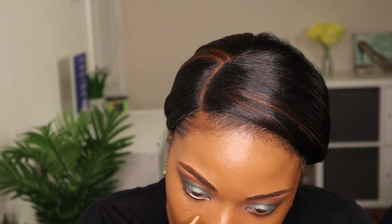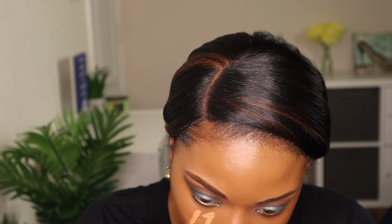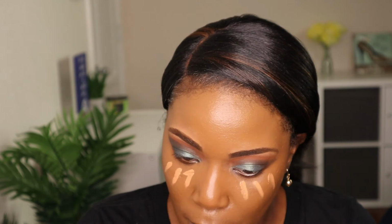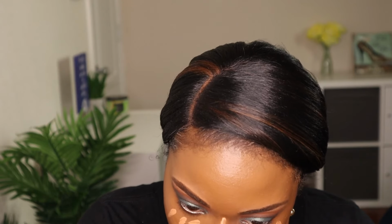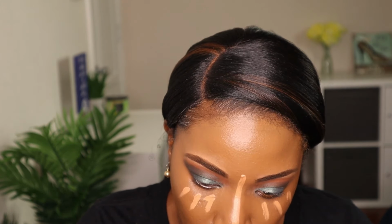And you know the drill, guys. I'm going in with my LA Girl Pro Concealer in the color Tawny, and I'm going underneath my eyes to conceal and cover up any kind of imperfections. So I'm just going to do 3 little lines underneath my eye, and I'm going to put a little bit on my nose. And I do apologize, I need to move my camera back a little bit so you can